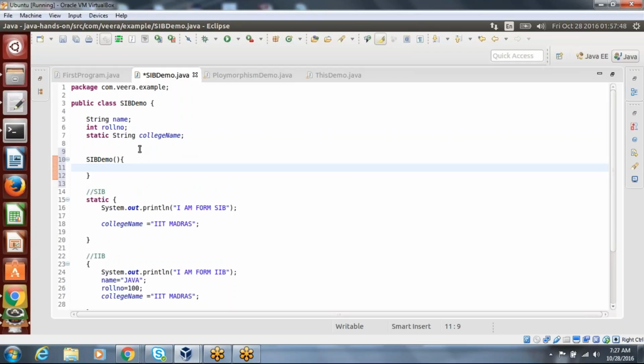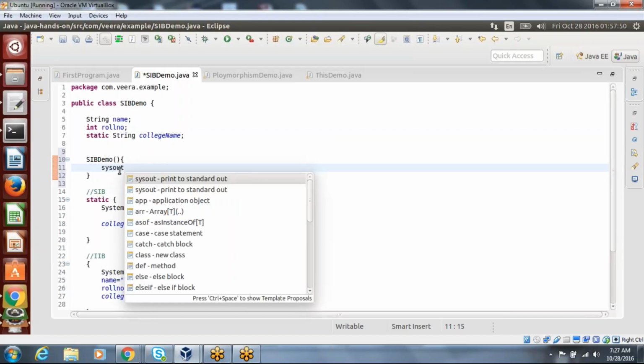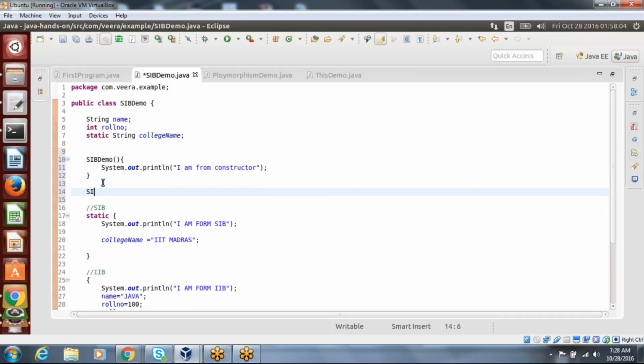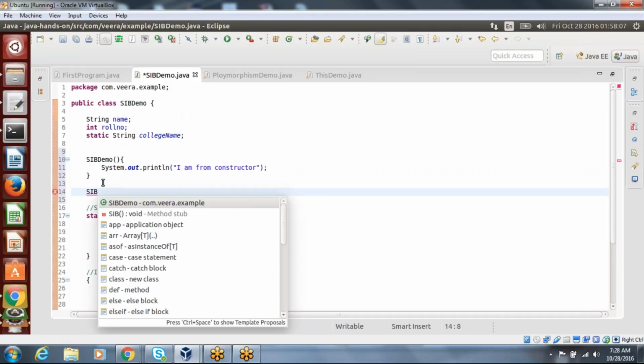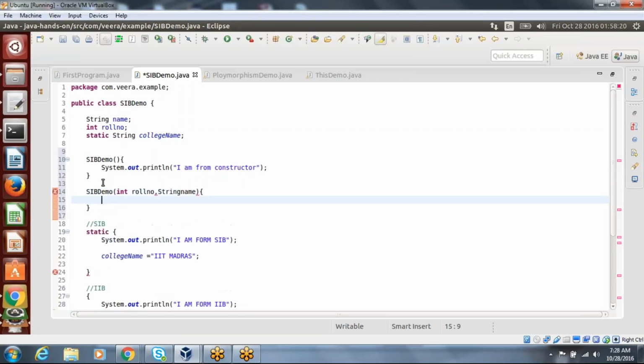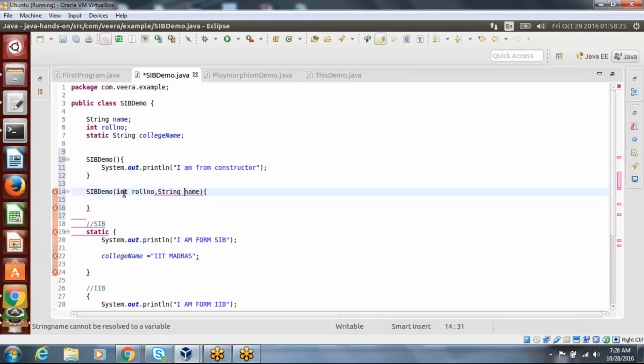So we can show it with the single constructor also. Guys, you don't need to type like this. What you can do: